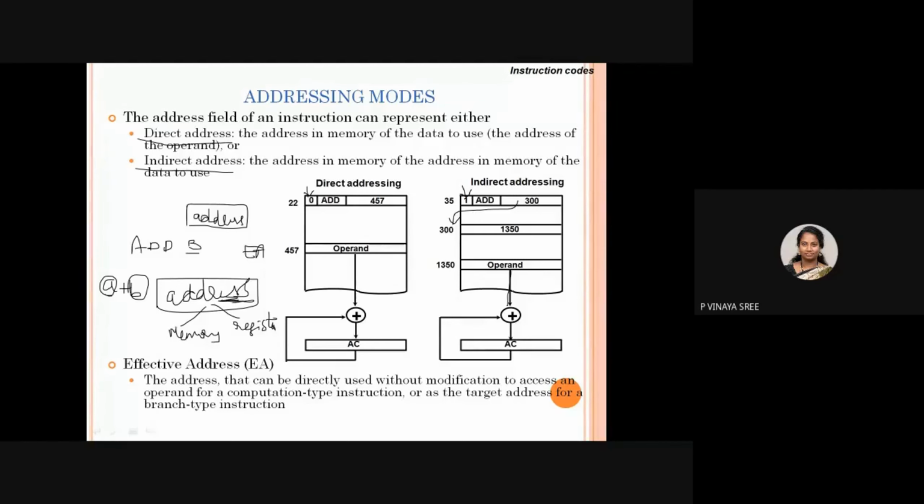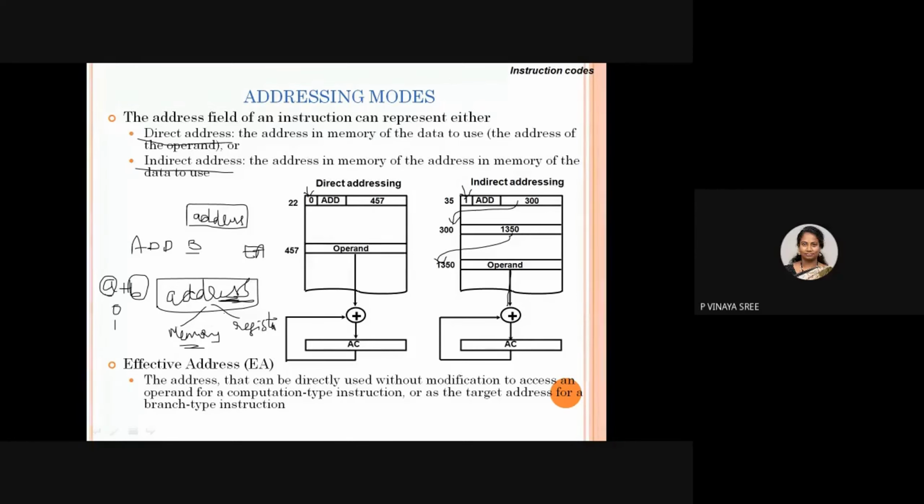Based on where the operands are residing, if it is 0, then if you go to that address, you will get an operand. If it is 1, you go to that address and again go to that particular address, and then you will get an operand. So you should know whether the operands are residing inside a memory or inside a register.